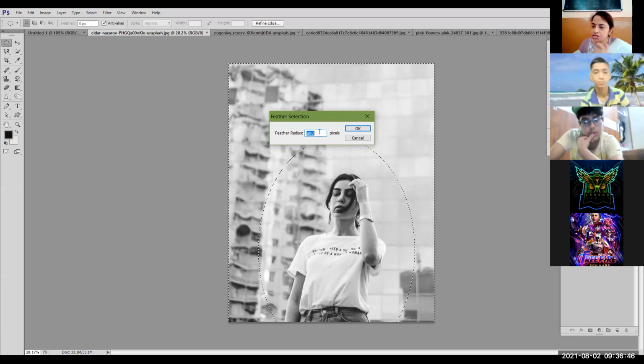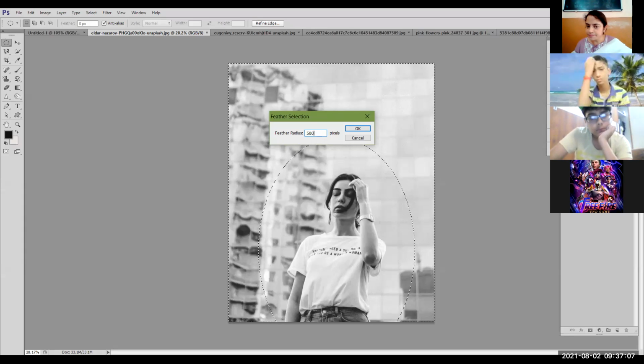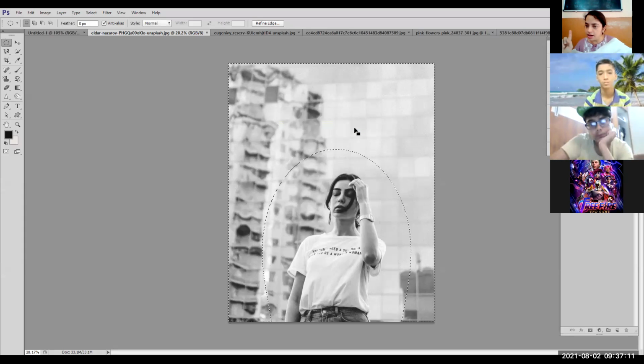Now, how can we judge the size of the image? Here, in the bottom on the left hand side, you can see the image size at present is 20%. So if I make it 100%, this image is very big. Size wise, I can give the feather radius around 500. Click on OK. Now I'm filling the color,